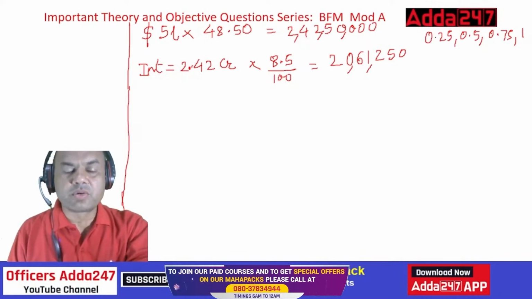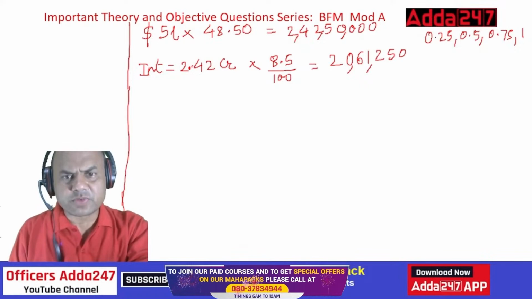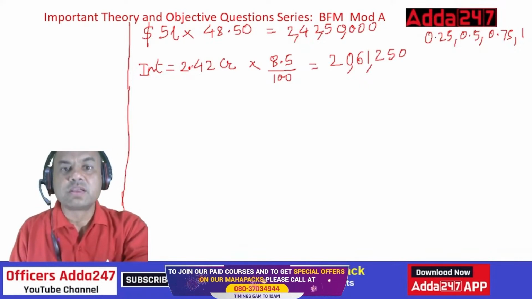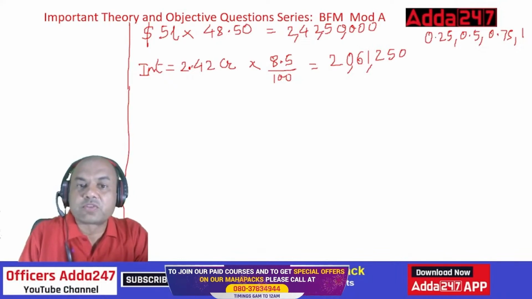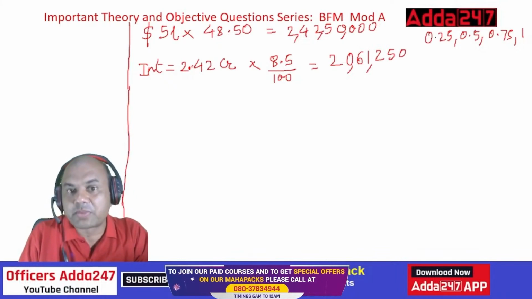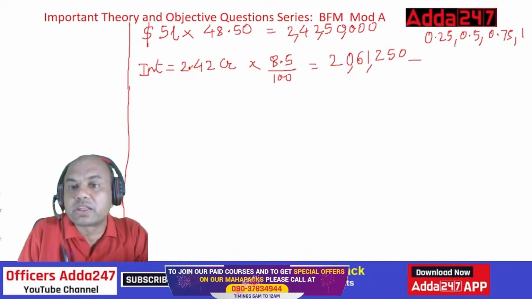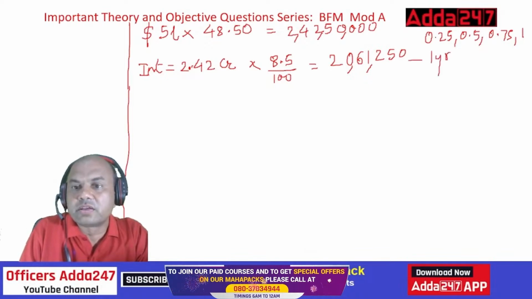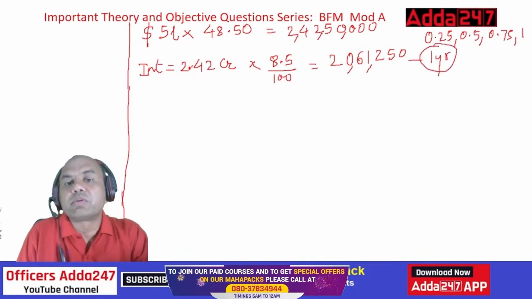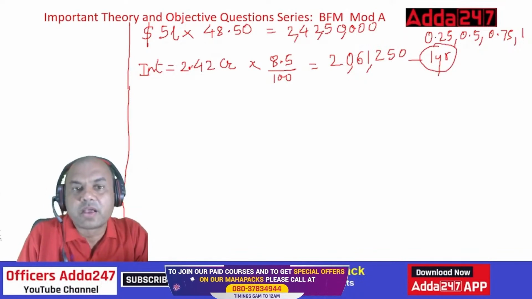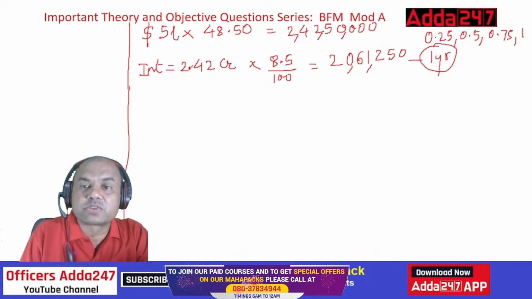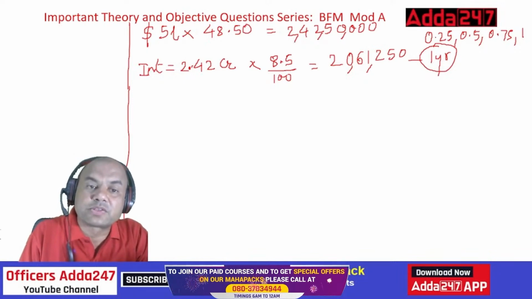Oh, yes, that's what I was thinking. There's some issue over here. Now, this 8.5% is for what? It is for 1 year. Very important part: this amount is for 1 year, and this percent is always per annum. But for how many days am I financing? I am financing for 120 days. So what will my interest amount be? So the actual interest will be